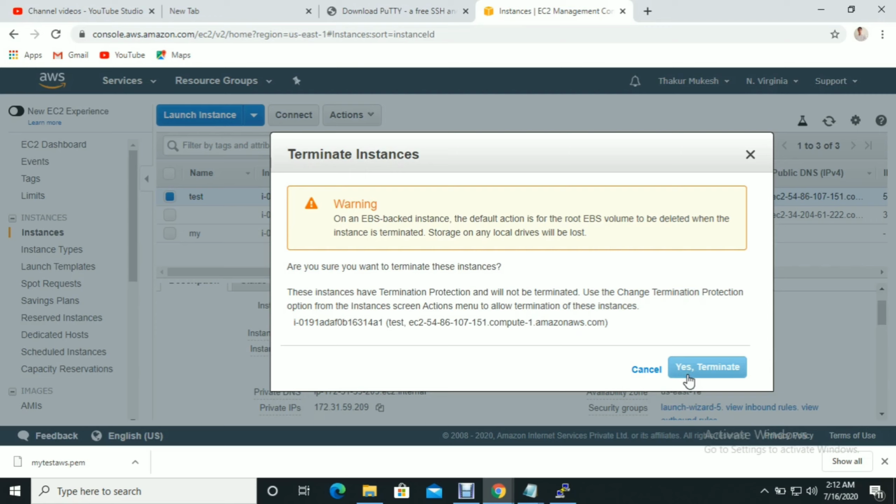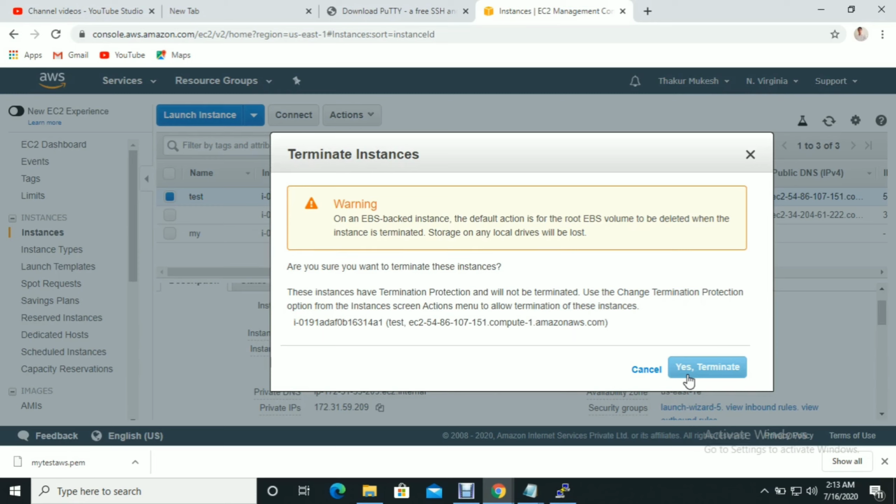Why? Because when we created the instance, at that time we enabled termination protection. When we use this option, suppose you have some critical instance and you want to protect it so that you don't mistakenly delete, meaning terminate, the instance. Terminate means delete the instance. So that time you have to enable that protection.